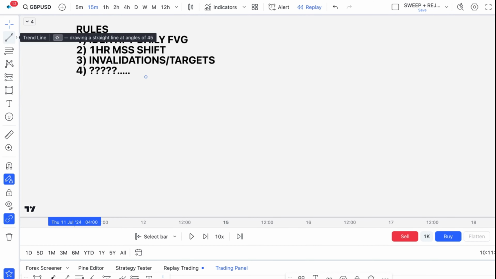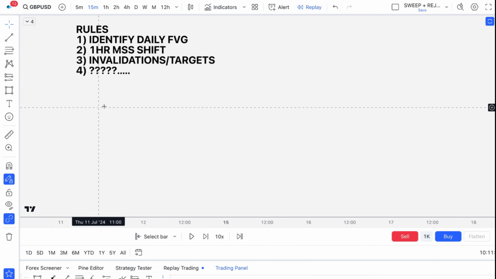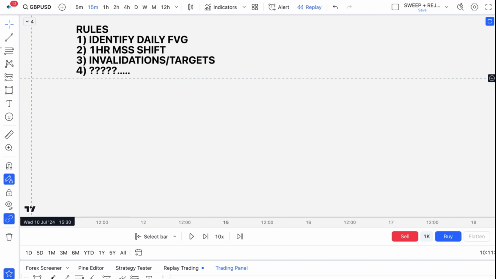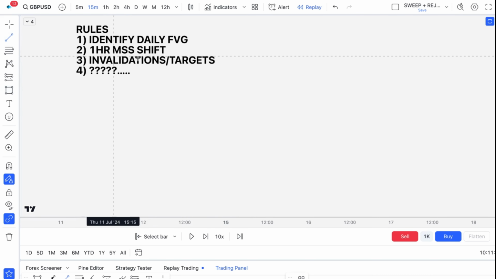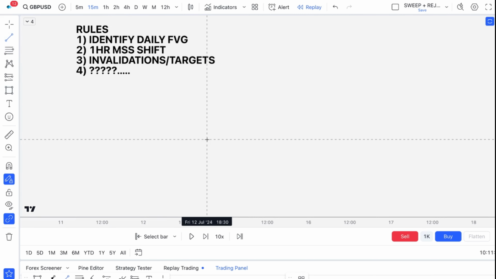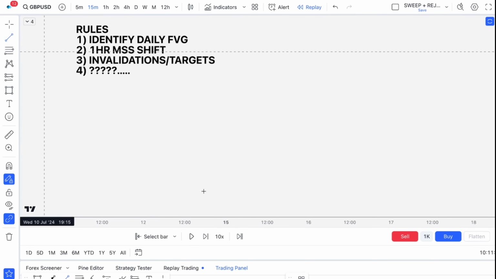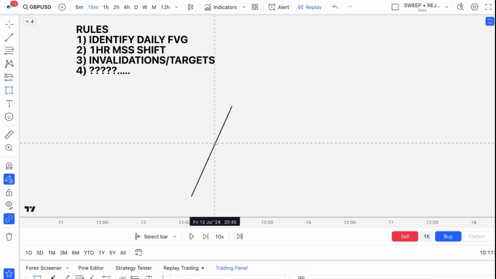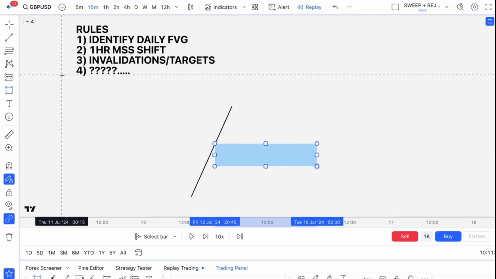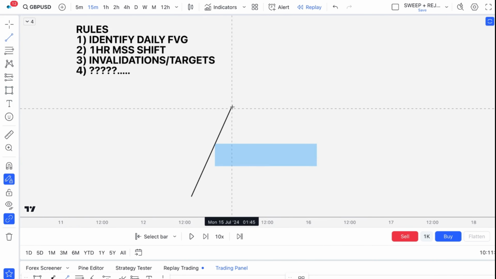Today I'm going to show you guys an extremely profitable ICT strategy that involves using the higher time frame in confluence with the lower time frame. So for example, rule number one is we need to identify a daily fair value gap. And what that's going to look like is we're going to have an impulsive move to the upside on the daily. This is going to create a daily fair value gap, which is our POI,